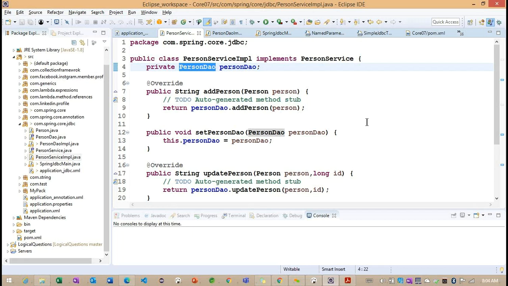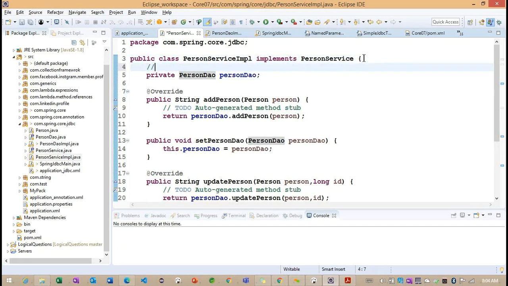On top of private person DAO. Right. And here we can go for the @AutoWire, or we have an option to go for it here also. Getting the point.